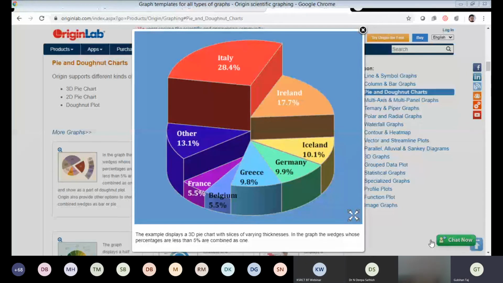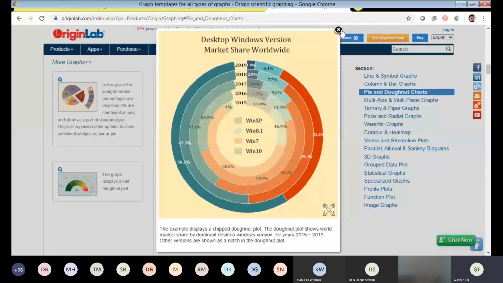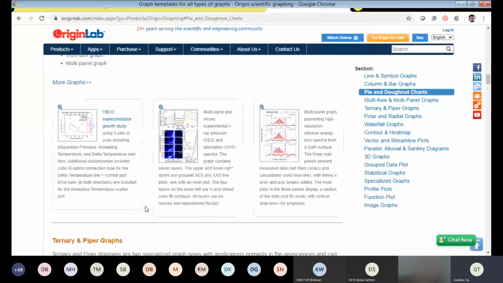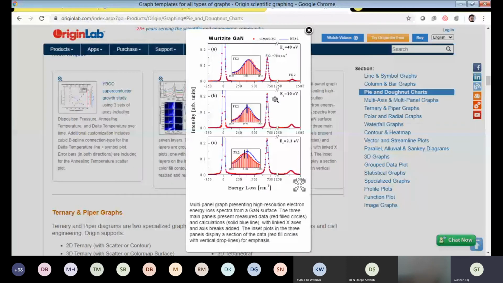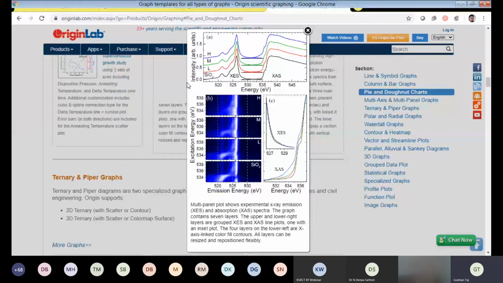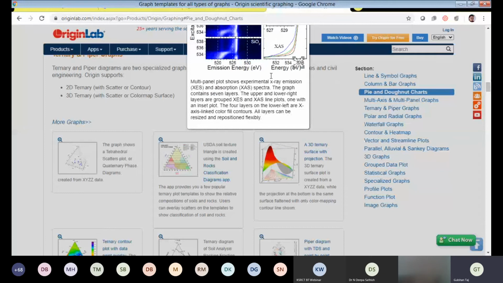Yes, ma'am. So this 3D pie chart is available, and can you see this type of pie chart is also available? Kindly explore everything one by one. Whatever chart fits you, just explore that. This is also possible. All these options are available in OriginLab. So if you have this type of diagrams, you can go for it. Can you see here? A 3D surface with projection. Yes, everything you can do with the help of Origin Pro software.